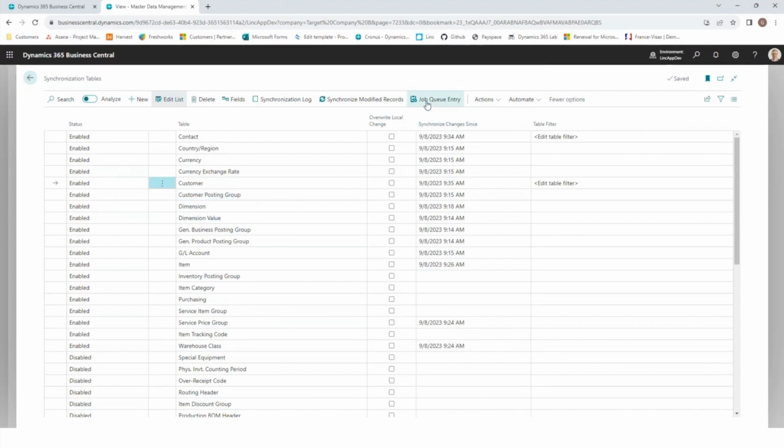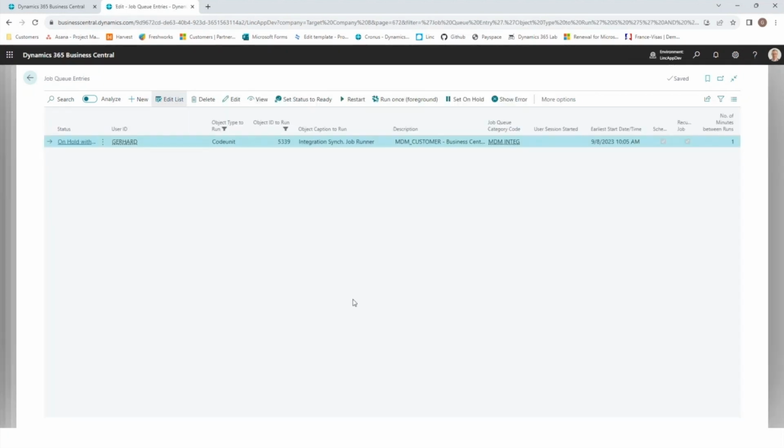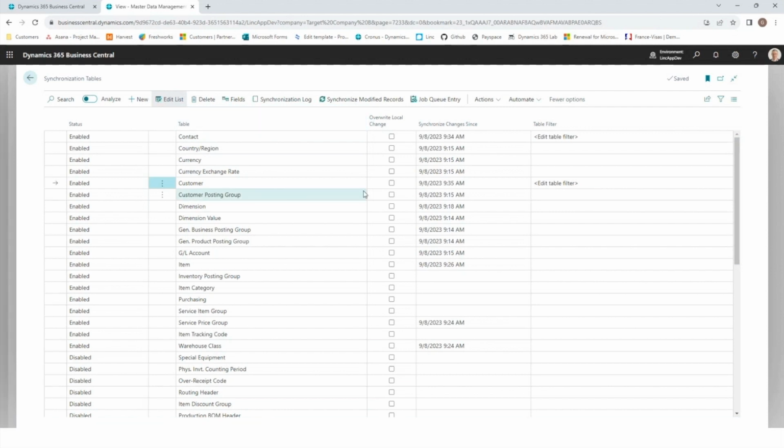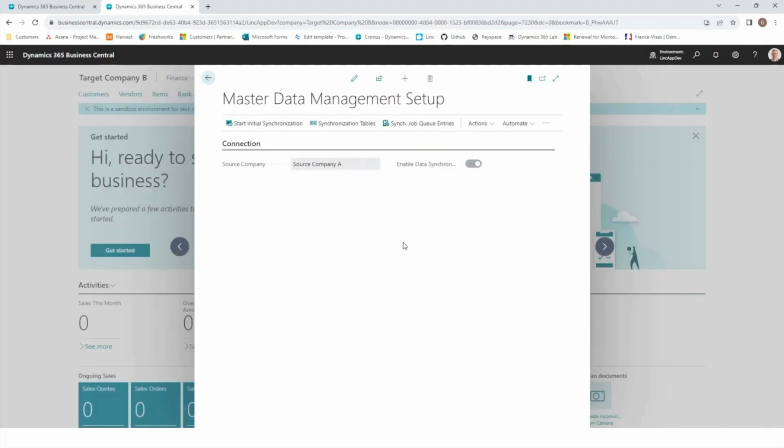As well as you can go to the job queue entries, to that specific job queue entry, and you can see the log of that specific job queue entry, or if you want to quickly run it once or restart it, or there might be an error status so that you change the status to ready. For some reason there might be a deadlock error, or there might be master data that already exists and your setup is not 100% correct. If I go one step back,